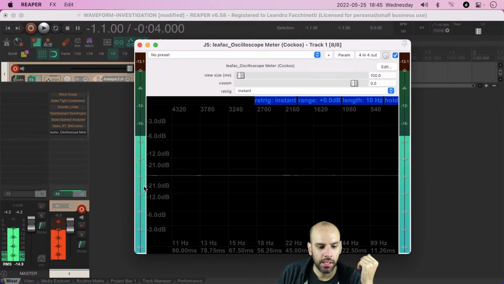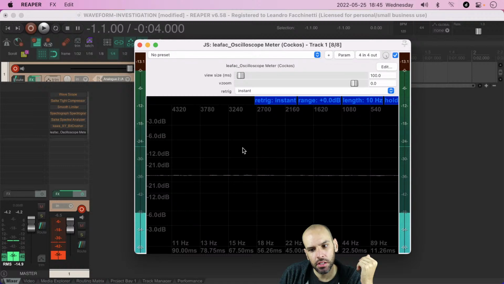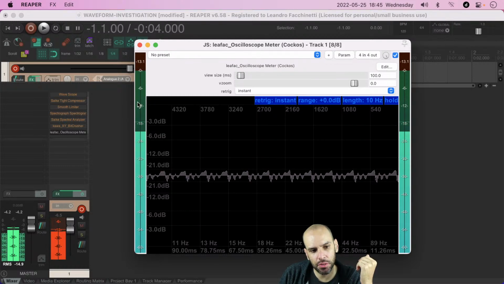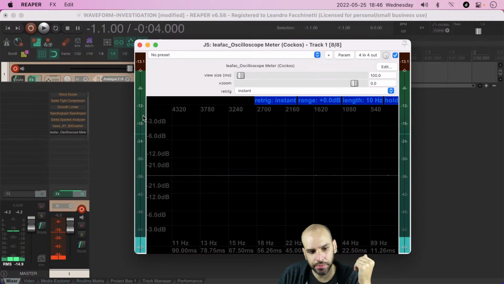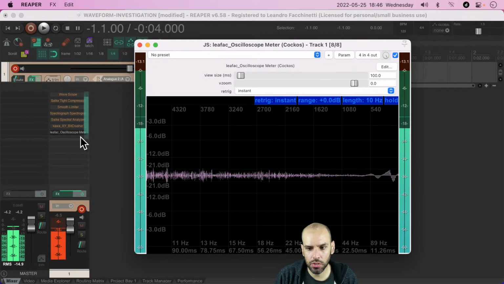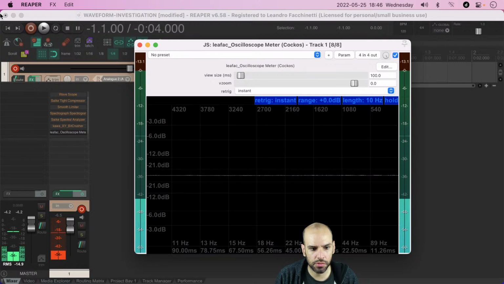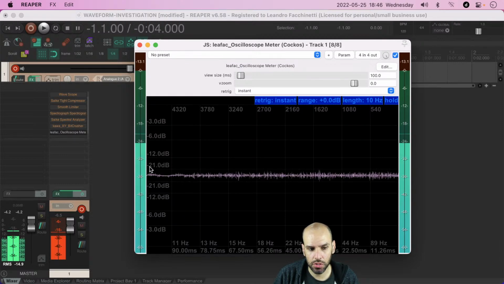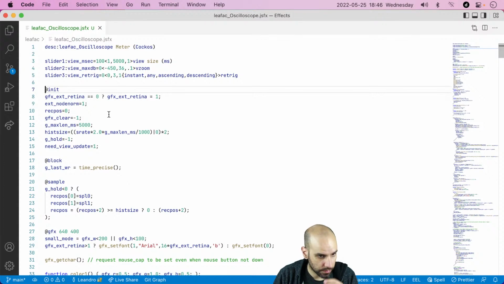And in Ableton, there is something similar, but unfortunately, it doesn't give you the scale. It doesn't show you the markings with the dB. So I think that the Reaper implementation is spot on. I really want to see what my plugins are doing in terms of audio, and I do want to see the levels. I don't want to just have colors. But that's just me. All right, so